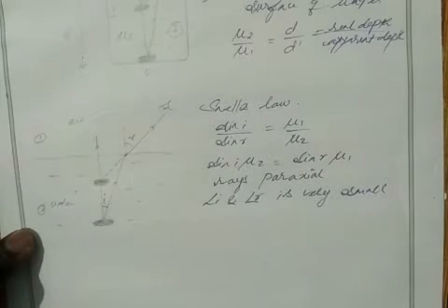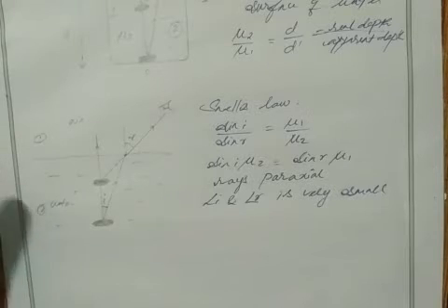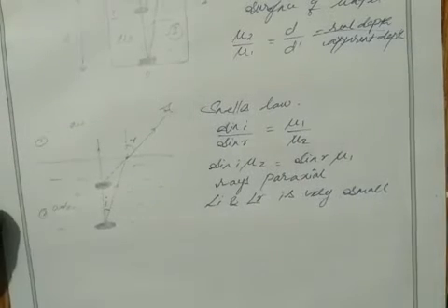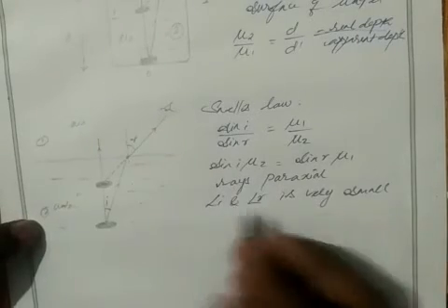How small? If you take 90 degrees, no problem. What is the value of sin 90? Sin 90 is 1. Even if you take 90 degrees, the perpendicular line, the sin 90 value will be 1. Correct? So here, instead of sine, we take sin theta equal to tan theta, which is also equal to theta.